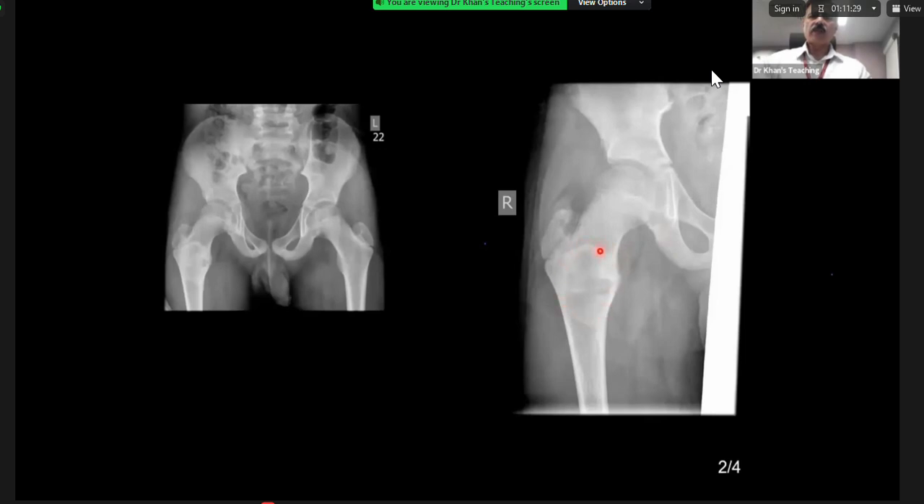So if you see here, in this case, what is happening is that there is a lesion, and this lesion has got a particular configuration. Part of the lesion has got a ground glass type of appearance. One of the pathognomonic